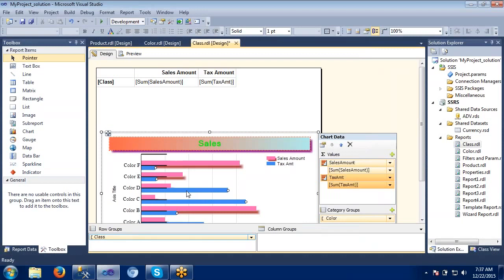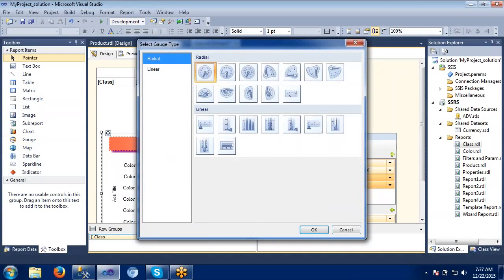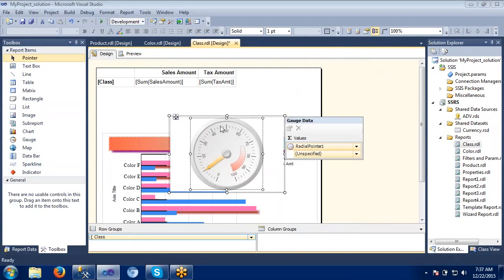So today we are going to discuss one more different report item. Let's start with gauge here. Let me bring it here. In the gauge we have two types actually, radial and linear. I hope you have already seen this type of report in so many places, in some advertisements or things. So let's start with the radial gauge type. This is how the radial will be.